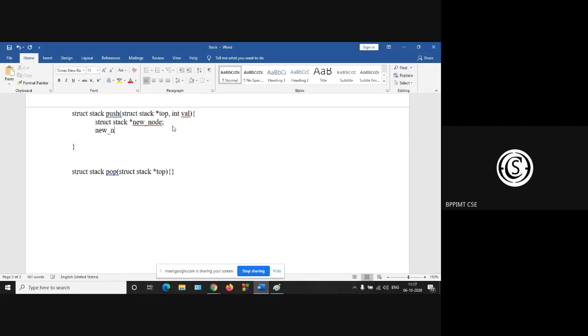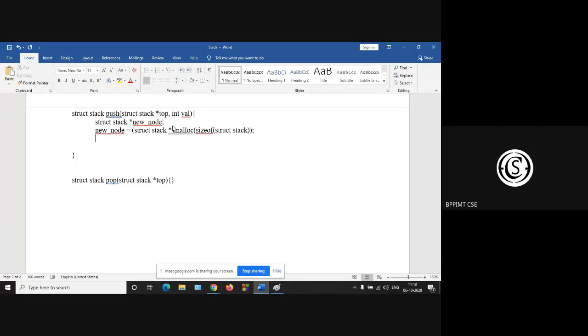So new node is equal to how to write? Struct stack star malloc, and size of struct stack. Yes, so dynamically create the new node.